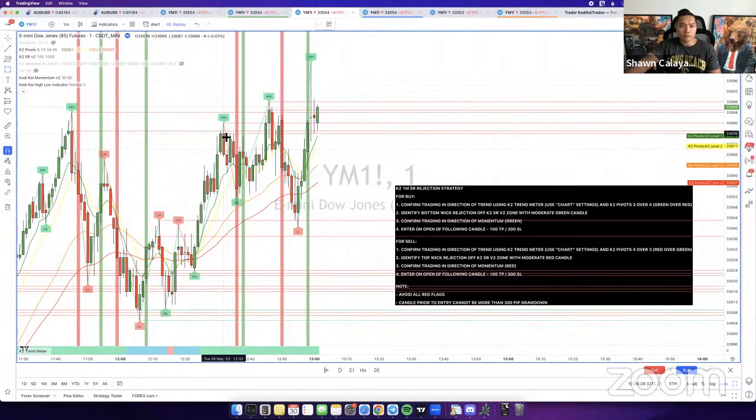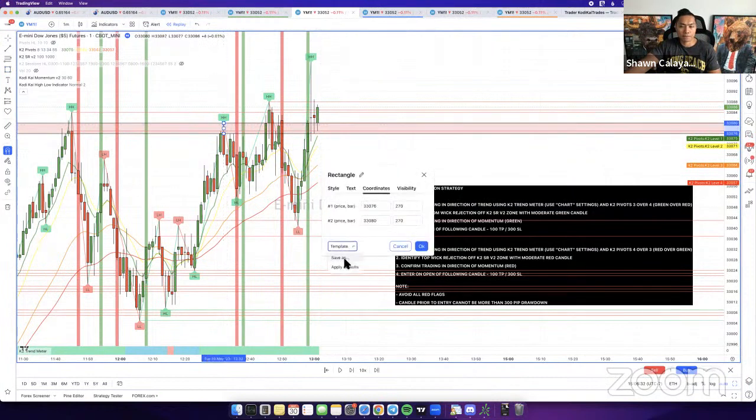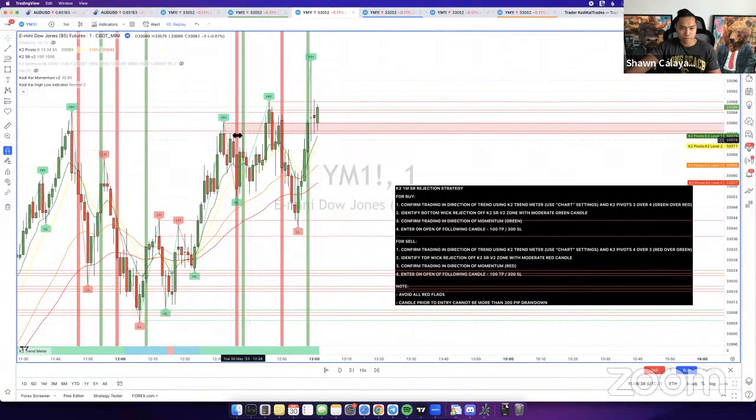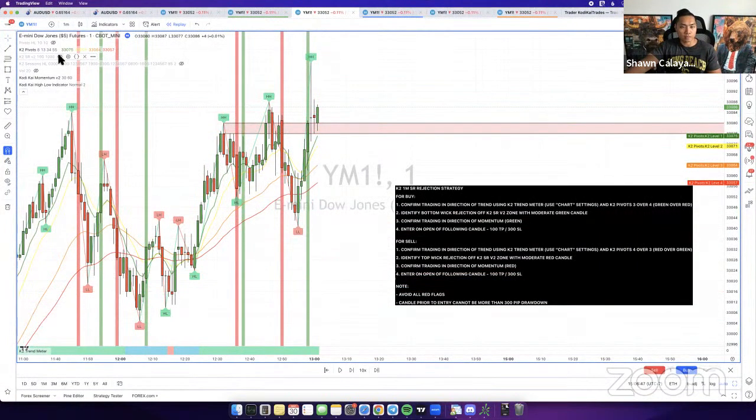So what I typically do is I'll draw a rectangle over it. See how I drew this zone over this zone right here? So there's a zone right there. What I did was I outlined it. And now I can turn off this indicator. So I can see it a lot better, right? It's a lot clearer. So for step one, again, we confirm the trend, it's bullish.